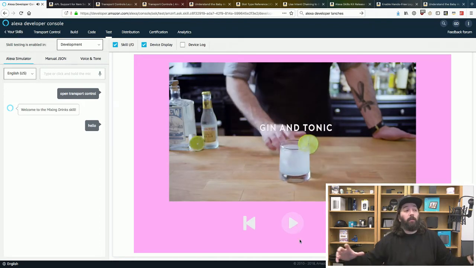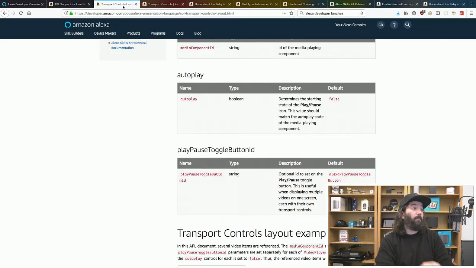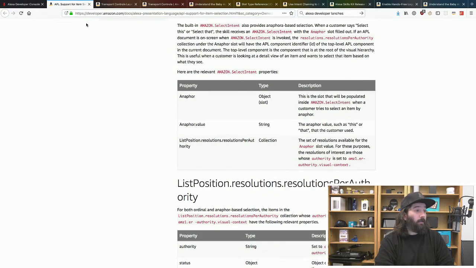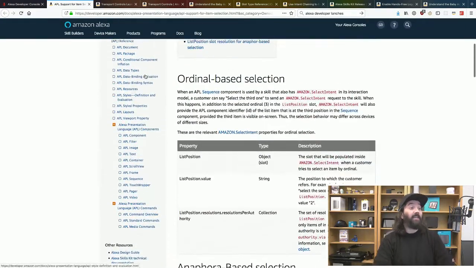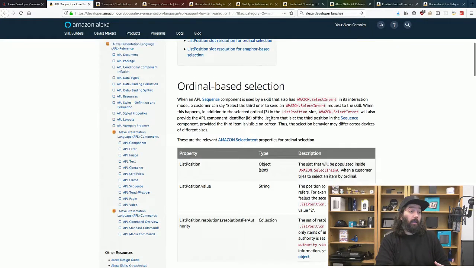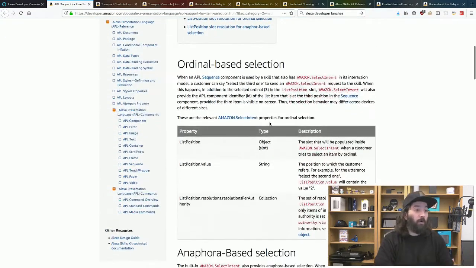But you can see our different APL samples on our GitHub repo. To do that, let me just share the information about the transport control layout in a chat really quick. And one more thing, so we're really tight for time right now. So the other thing that I wanted to show you, and I won't be able to get to a demo of this, but is